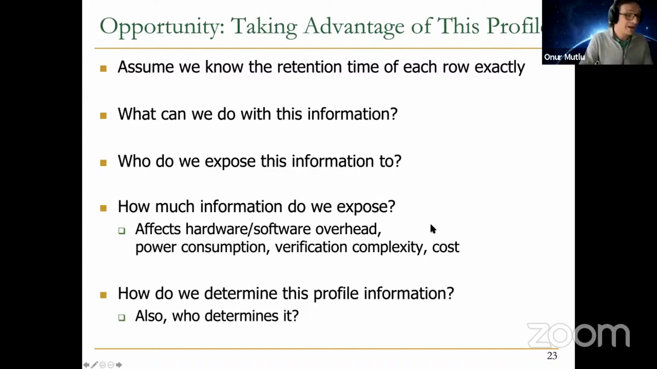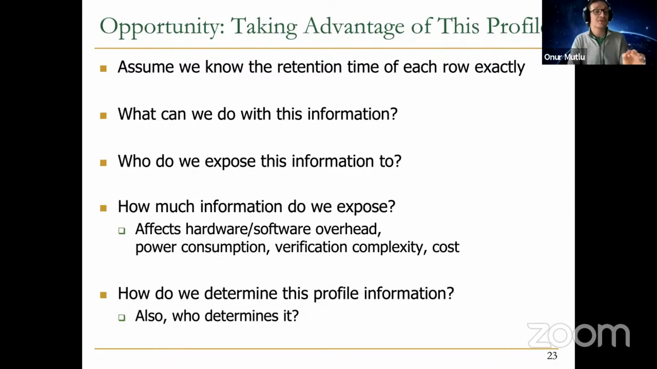How do we determine this profile information is another question, actually. Also, who determines it? In fact, it turns out this is the most difficult part here. How do you determine this profile information? When we started this research, we basically assumed that this profile information is available. And then we said, okay, if this profile information is somehow magically available to you correctly, this is what you can do with it, and I'm going to explain that. But how you actually make sure this profile information is correctly available to you is a completely different research question. And that requires a lot of work, actually, because it turns out this profile is not easy to find out,